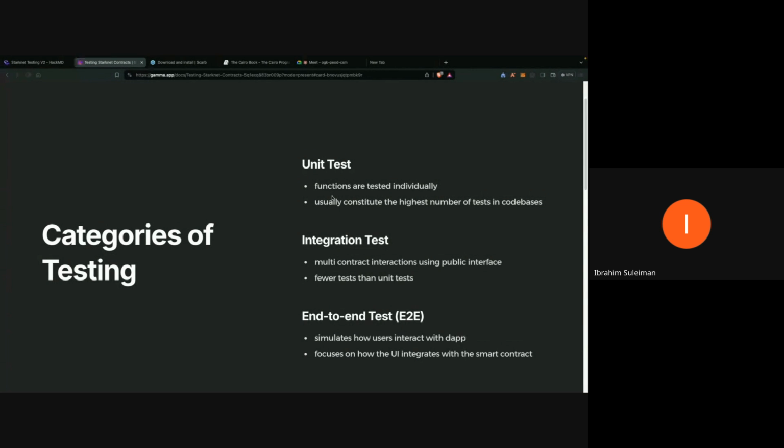The airdrop contract is one contract on its own, and it uses an ERC20 token that has been deployed to the mainnet. So if I want to write tests for my airdrop contract, I need to test how the airdrop contract integrates with the ERC20 contract that has been deployed